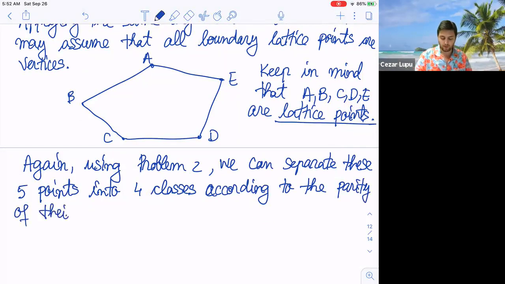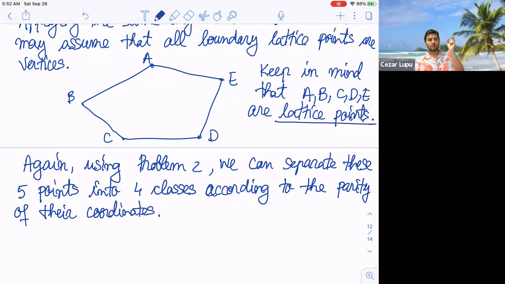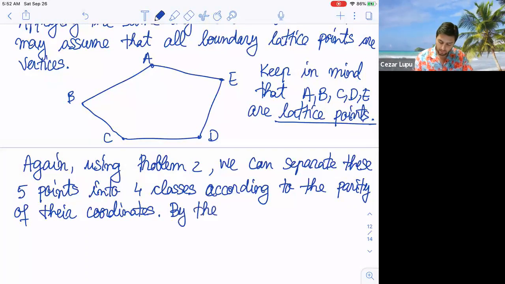Remember, there are 4 classes with their coordinates odd-odd, odd-even, even-odd, and even-even, right? All right, by the pigeonhole principle,